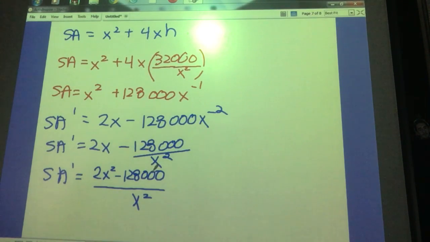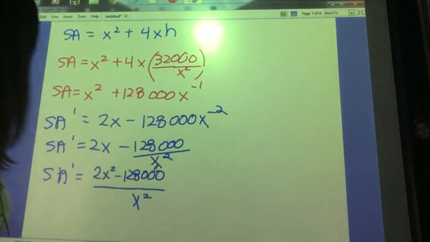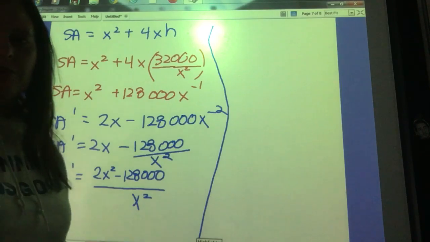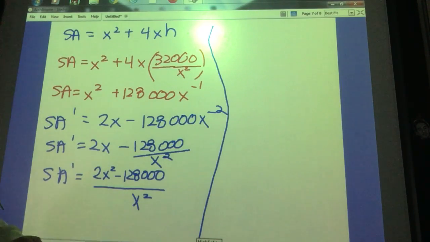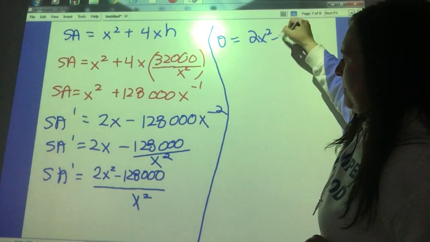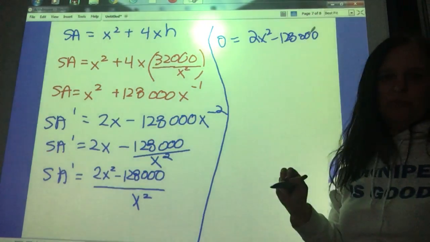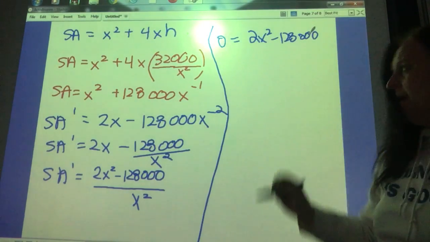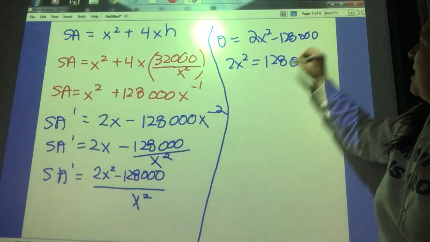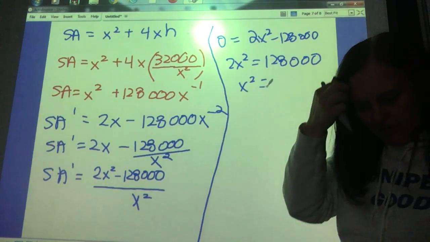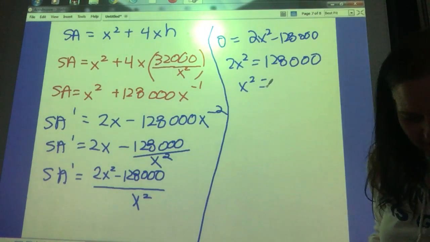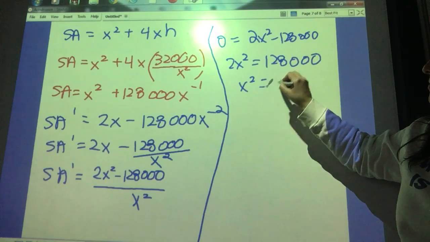And now what we can do is set that equal to 0. Oh, I think I've run out of room here. Again, our critical numbers are coming from the numerator, right? Not the denominator. That would make the equation undefined. So we set this equal to 0. You guys are probably faster than me at this point. And then we have to rearrange and we have to solve for our x value. So I bring that over. I'm running out of room. So if I've done everything correctly here, my x cubed value should be